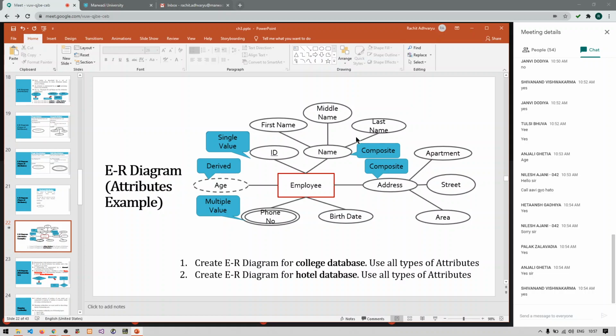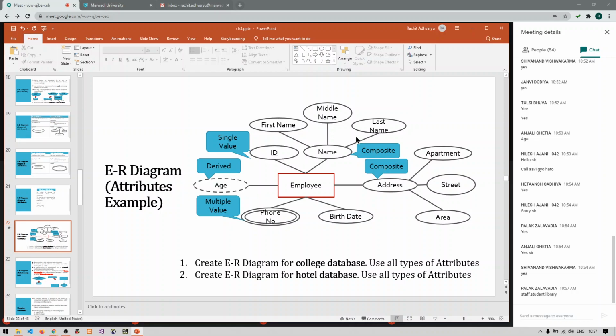We discussed this in the last lecture. Staff, student and library. Very good. So now what will be the attributes of staff? What will be the attributes of student and what will be the attributes of library?